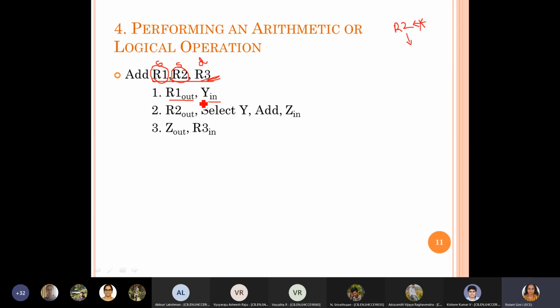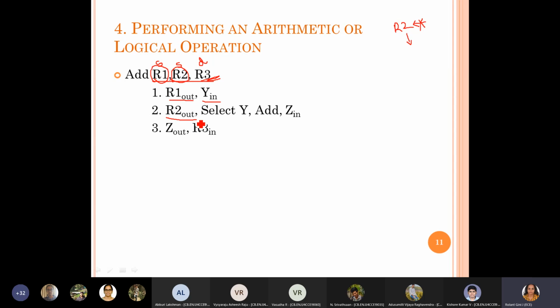That is why, since this is a single bus architecture, we enable one register, load the data in Y register, and then we enable the second register, which directly gets connected to the input B of the ALU.